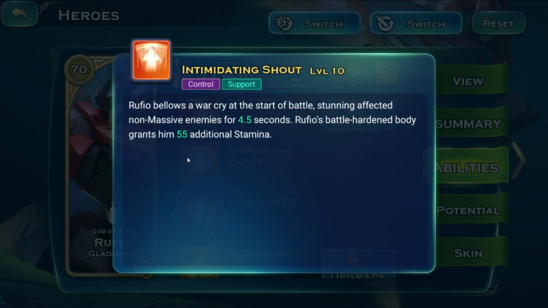The only ability that is kind of important, or two abilities that are kind of important, is the Intimidating Shout, which if you properly place this stun on core enemy heroes, you could potentially even win the fight through this. Now, bear in mind that it depends on you. Now, some people might be laughing. There are a few times, not very often, but a few times, people place Rufio in front of some